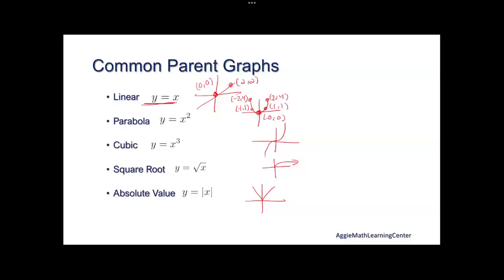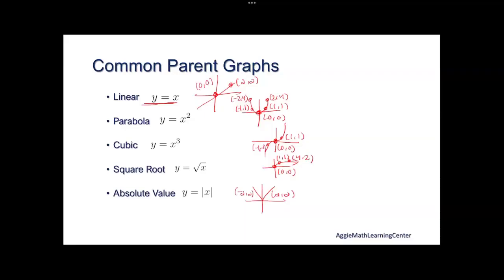Okay? Okay, and then on x cubed, we have 0, 0, 1, 1, -1, -1. On the square root, we have 0, 0, 1, 1, and then we have 4, 2. And then on this one, it's just you're going to have A on this side, and then you're going to have negative A, A on this side